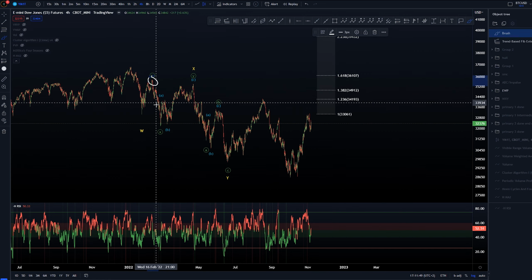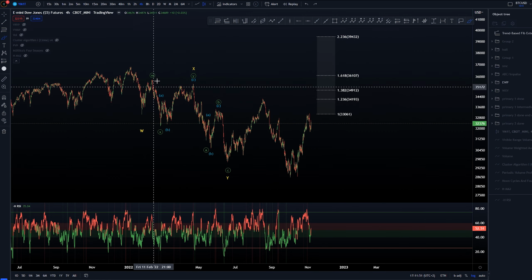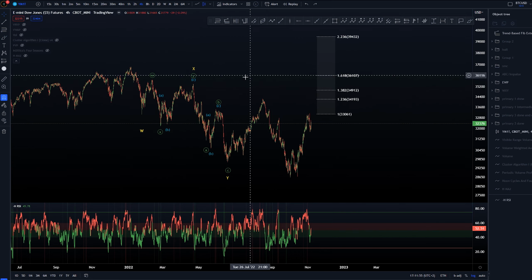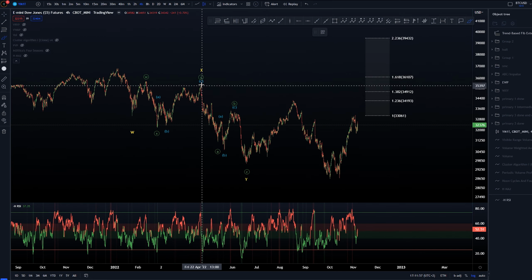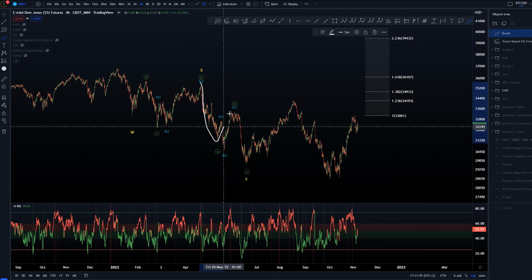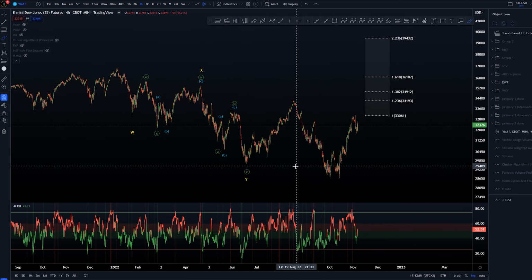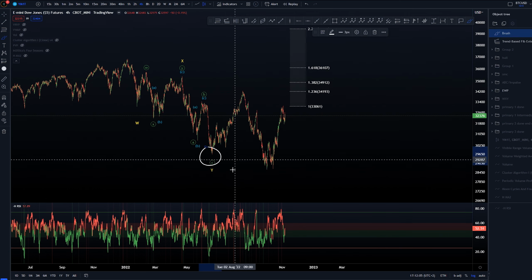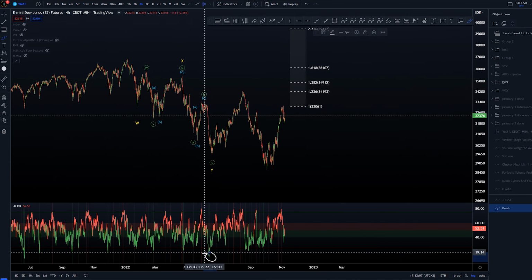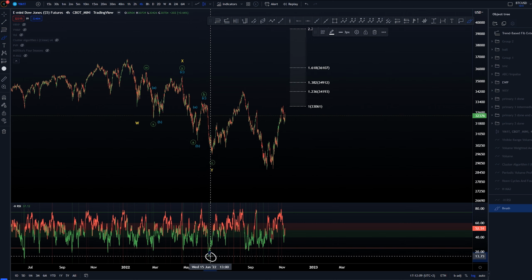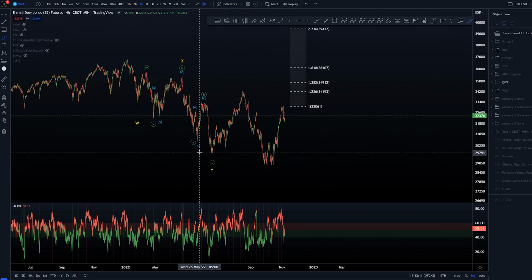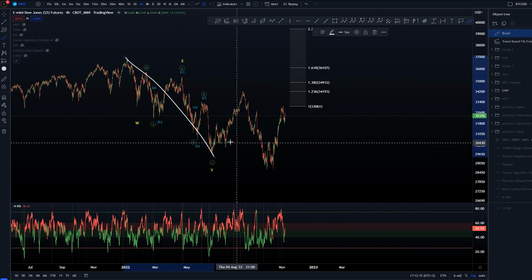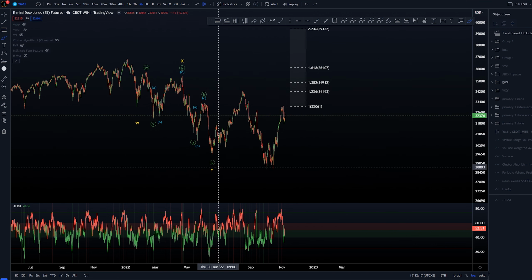Not taking out the highs of wave W, a bit scuffed looking structure here, but again, we have to deal with what we're getting at the moment. Then another ABC structure here for that wave Y, completing this whole structure that we had here as a three-way structure at these lows. Again, we have not taken out this low yet, which is telling me that this is still a possibility where we are still within the cycle that we are coming down with.